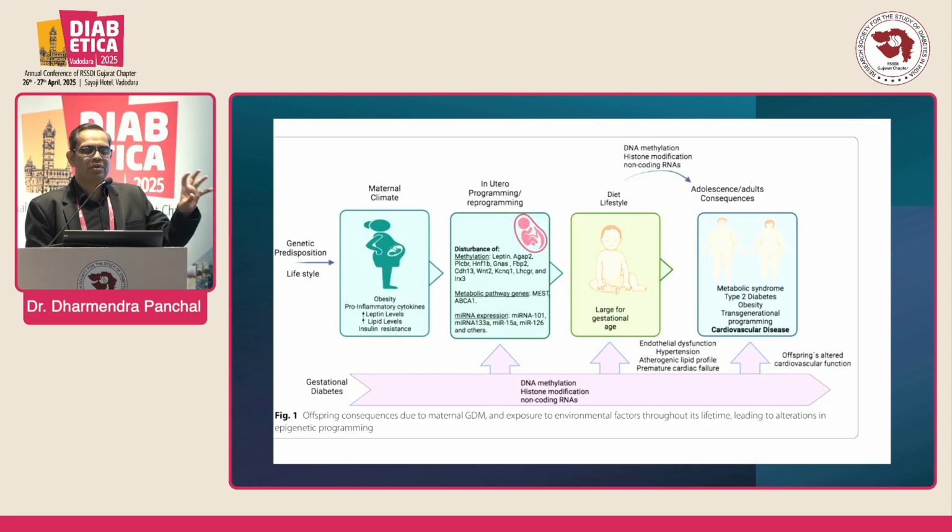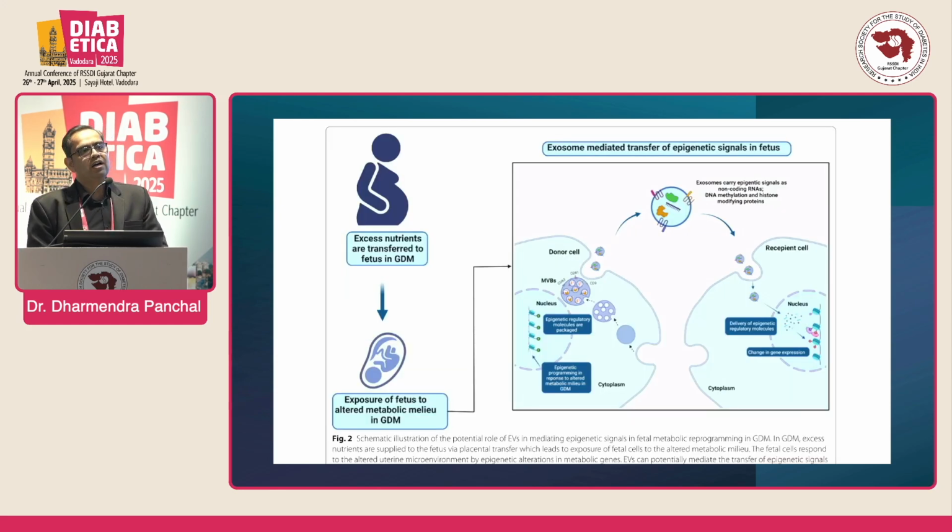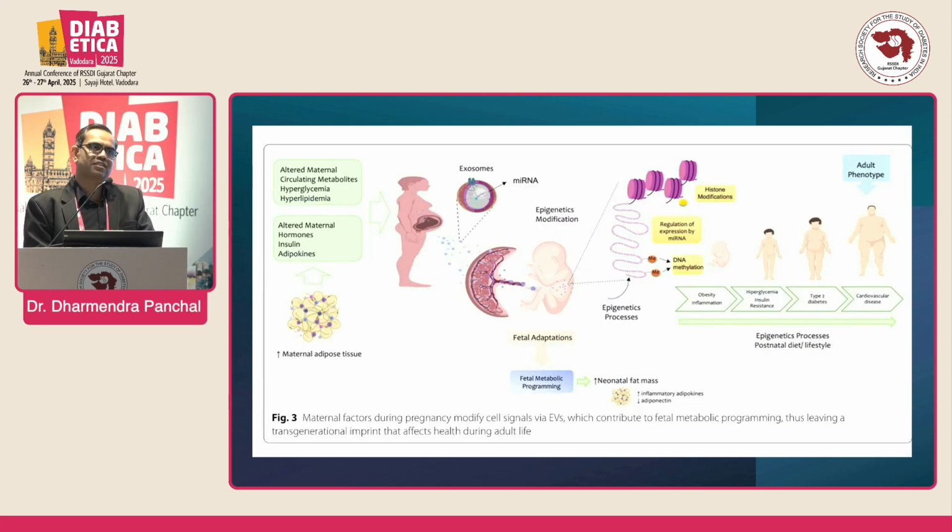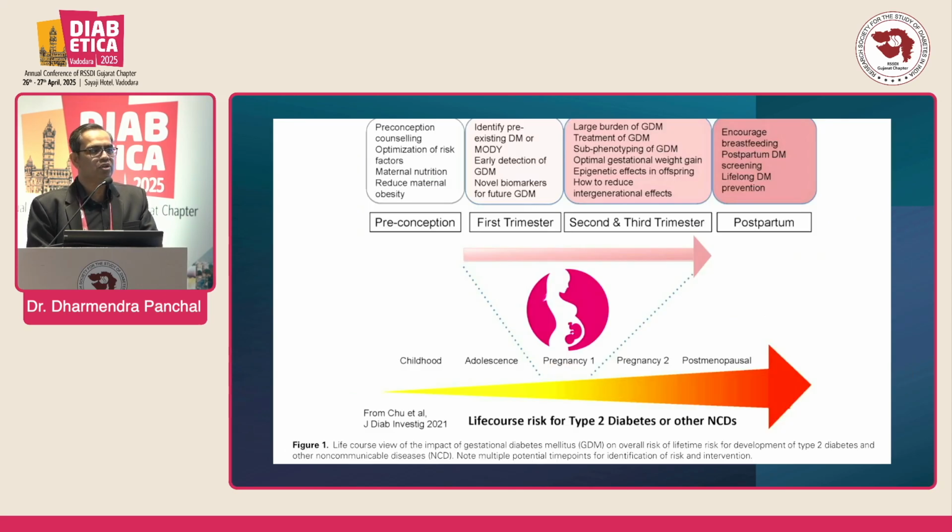There are many other biochemical reactions which take place, not starting from the intrauterine, but also the epigenetic environment sets on, and it can lead to DNA methylation or histone modification or non-coding RNAs, and this all sets the theory where a fetus of a lady with gestational diabetes, in the intrauterine period only, develops a higher risk of cardiometabolic disorders. Either you take NAFLD or diabetes or future cardiovascular risk, and this all sets in utero, and that's the reason nowadays